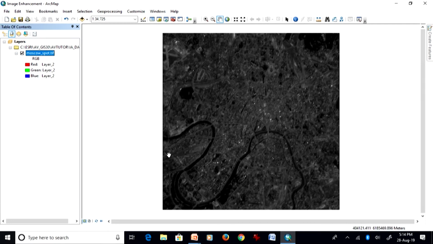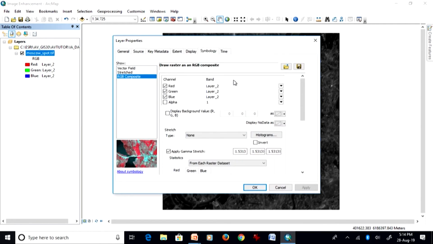So, in all three channels, blue, green and infrared, the water body is appearing dark, and therefore, in a false color composite also the water body will appear dark, as I am going to demonstrate again, going back to our original false color composite.